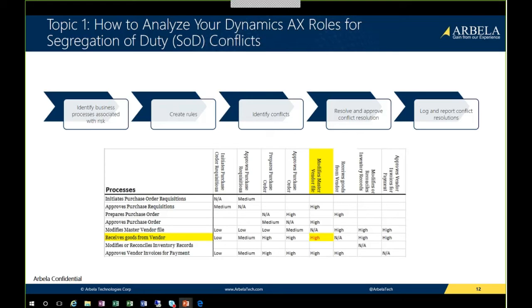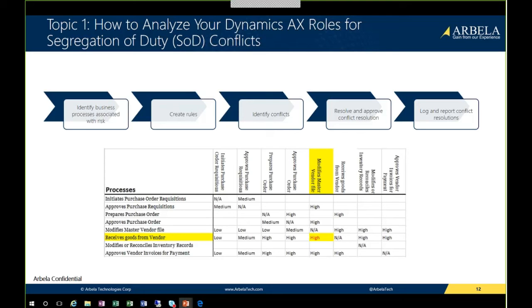After creating the rules, we identify the conflicts. So we're talking about segregation of duty conflicts, meaning two conflicting tasks. Now that we've identified two conflicting tasks, the menu items that allow access to those tasks, and the level of access required to create a conflict, we run a batch job in AX to identify the conflict. Now this batch job can be run periodically, it can be run ad hoc or at will, and you can just have a view of those conflicts exported without it being recorded.